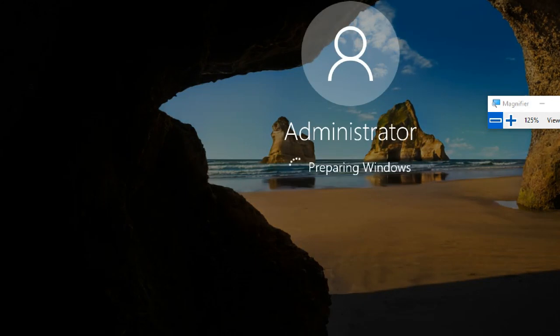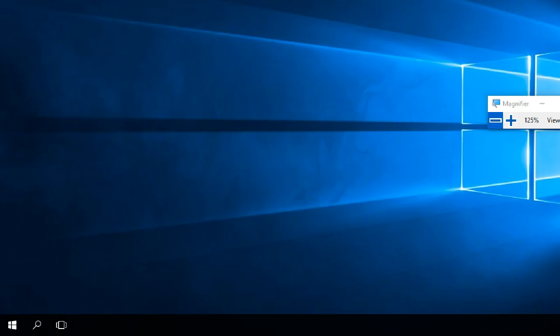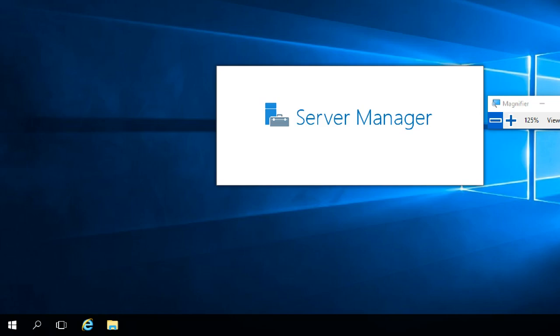I'm going back, admin@123. So I still have administrator. Remember the screens, how they look. Server Manager opens automatically. If you see the bottom of the screen, you can identify the difference between server and client.